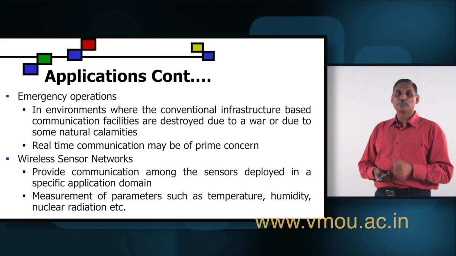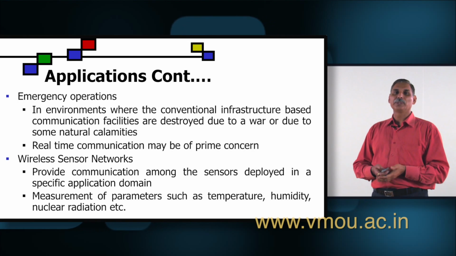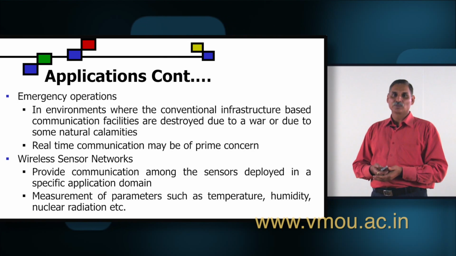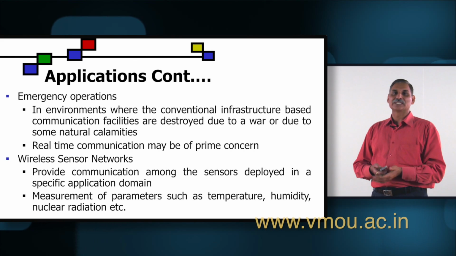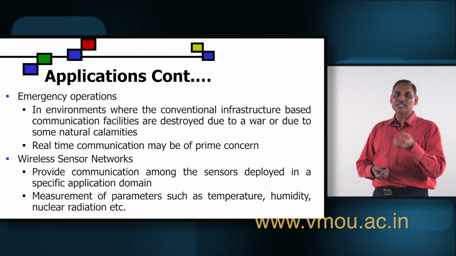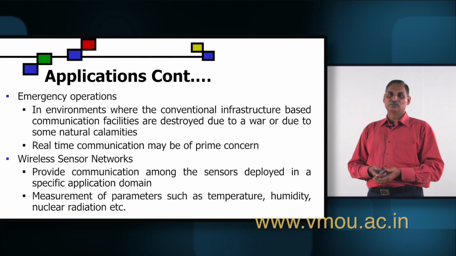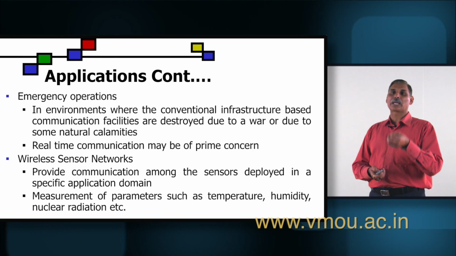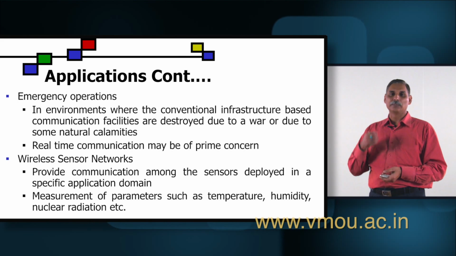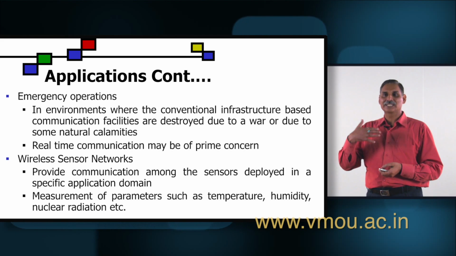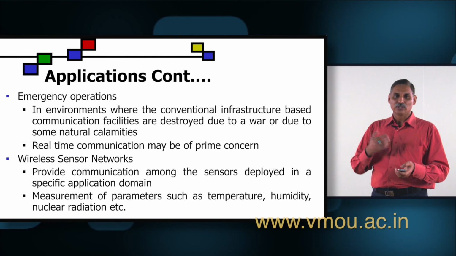It is very, very useful, particularly for those applications of the industry where the leakage could be hazardous for the human being. So there we replace the human operators, human observers, by sensor devices, and these devices will be sensing parameters like the concentration of nuclear waves and the concentration of chemicals in the atmosphere. If the concentration is observed to be higher than some threshold value, then we can say that there is a possibility of leakage of chemicals or nuclear radiations.